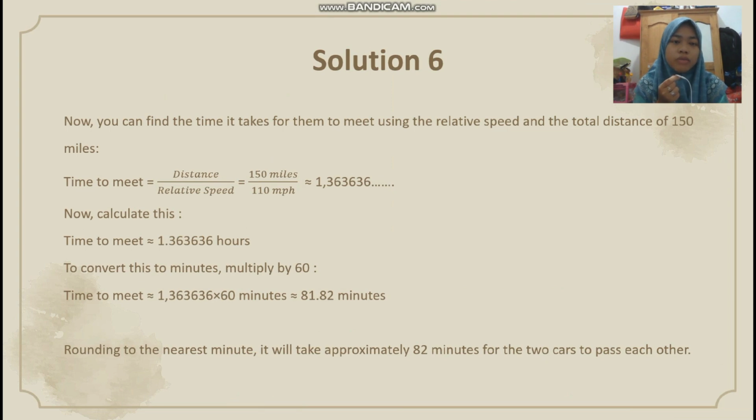Now you can find the time it takes for them to meet using the relative speed and the total distance of 150 miles. Time to meet equals distance divided by relative speed, equals 150 miles divided by 110 miles per hour, equals